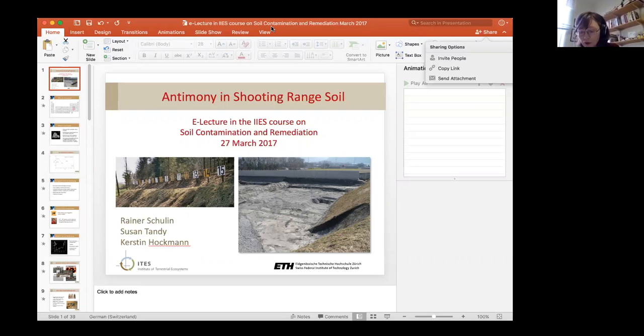He's authored more than 200 peer-reviewed journal articles. He has co-authored textbooks such as a textbook on soil ecology. He's been a scientific expert in many German and Swiss science foundation panels. He's on the executive board of the International Society of Trace Element Biogeochemistry, and indeed he is the chair for the forthcoming 14th International Conference on the Biogeochemistry of Trace Elements, which runs this summer, July 16th to 20th. Maybe some of you will be going to that meeting in Zurich. And today he's going to share with you his work on shooting range and military sites in relation to antimony behaviour and its potential impact on human health.